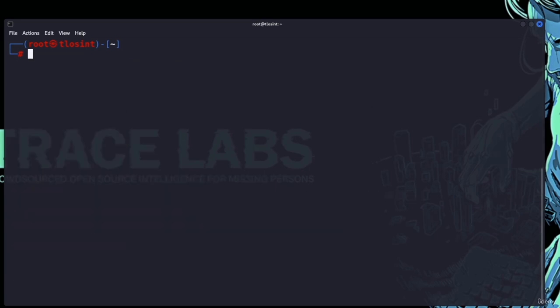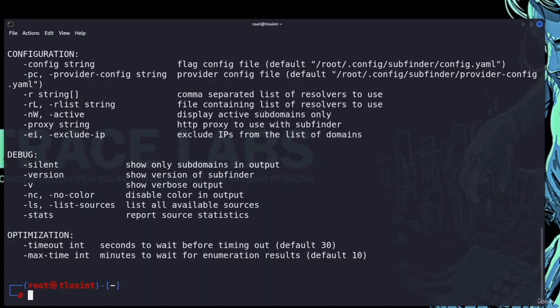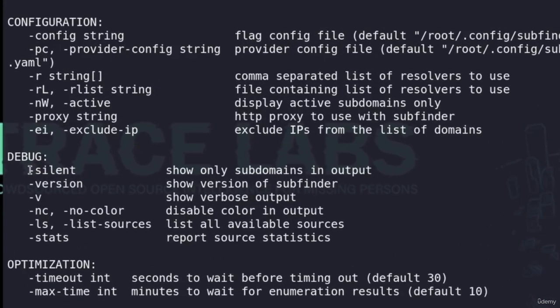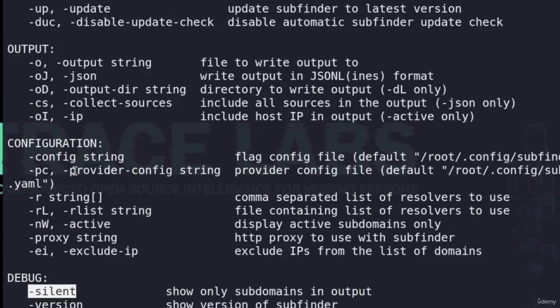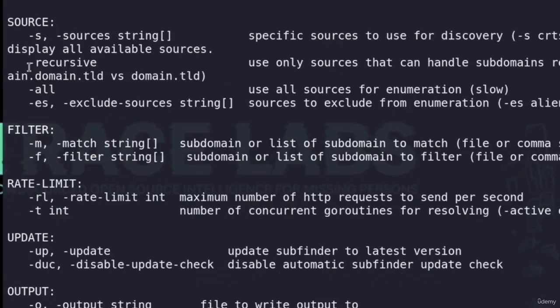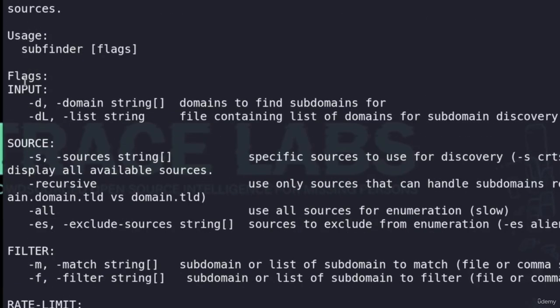So to use the first tool, all you have to do is type Subfinder, and then I'm going to add -h to find the options that I can use with this tool. And I always like to use three options. The first one is called silent, that will only show me the found subdomains. The second option is called -o, which will save all the found subdomains to a file. And the third option is -d, which is used to specify the domain name that you are trying to find